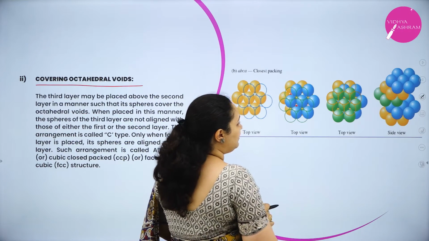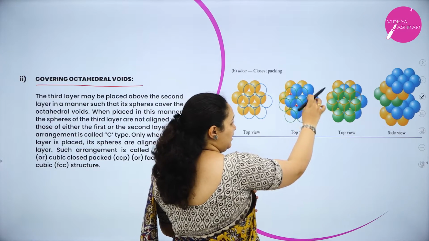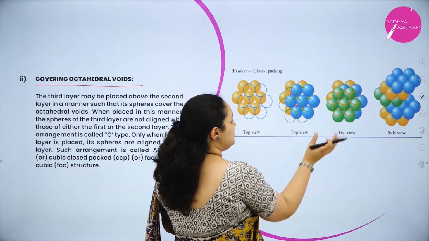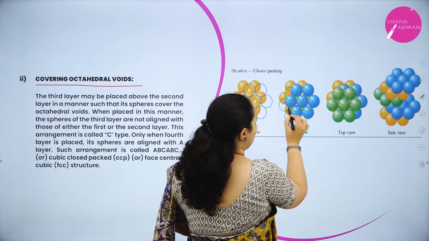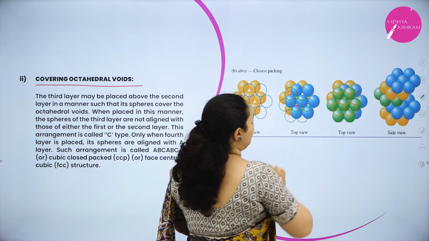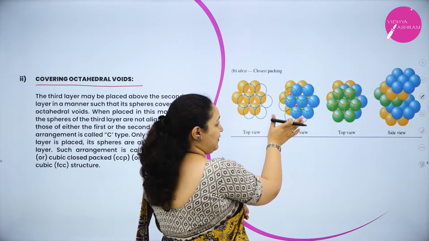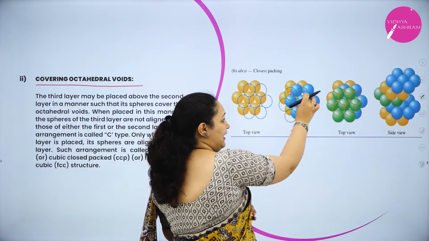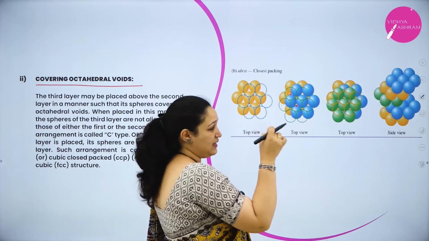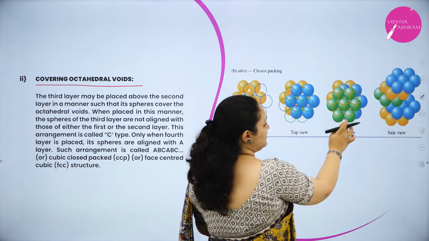Okay, the octahedral voids, to cover those octahedral voids, there is one more layer. See, this also is an octahedral void. Okay, here you can get another octahedral void. So the first layer, above that the second layer, in that you can see the octahedral voids, the space which is there. Above that the third layer which is shown in green.